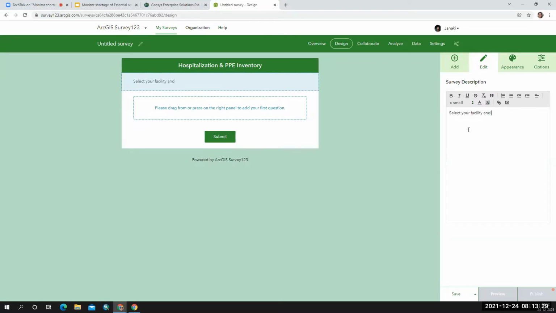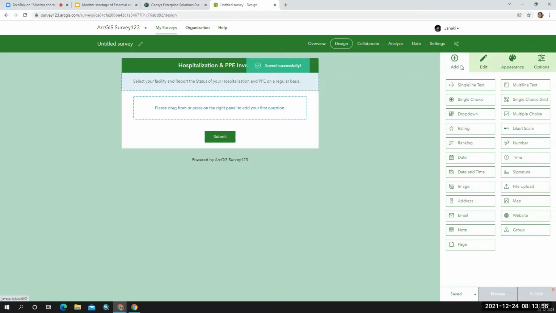Select your facility and report the status of your hospitalization and personal protective equipment on a regular basis. So now I want to give the hospital name, and then I want to update the inventory here. So first thing is, let me give the